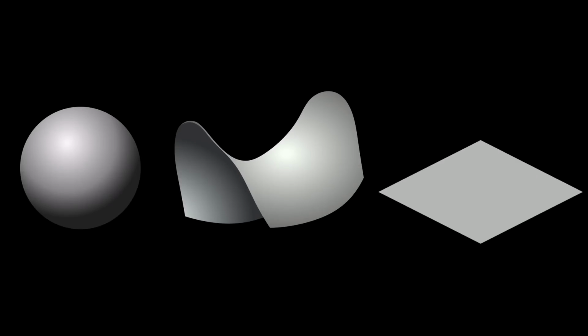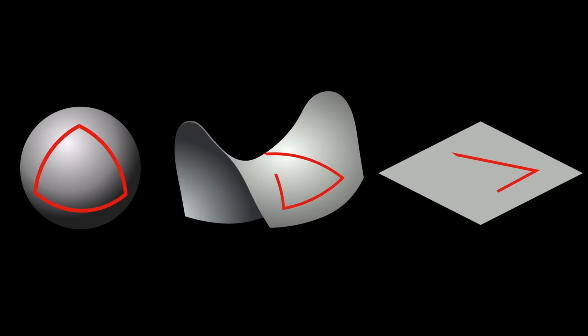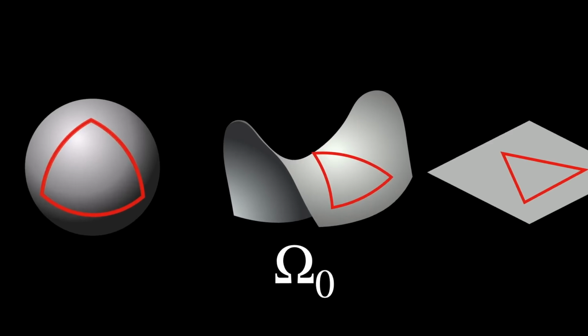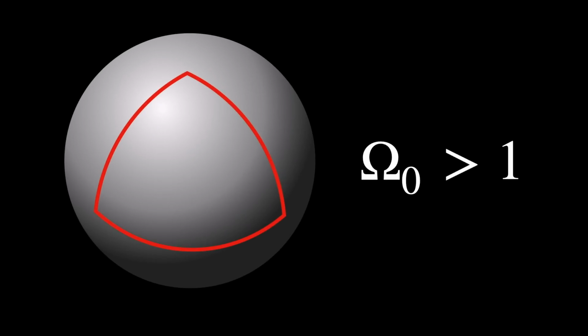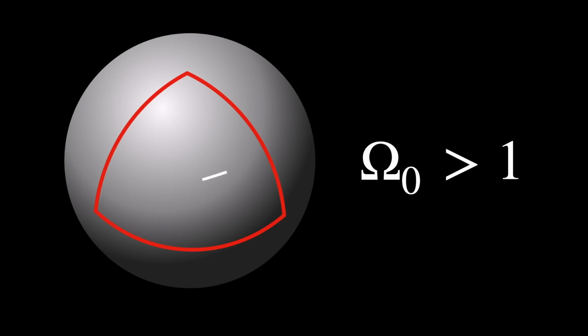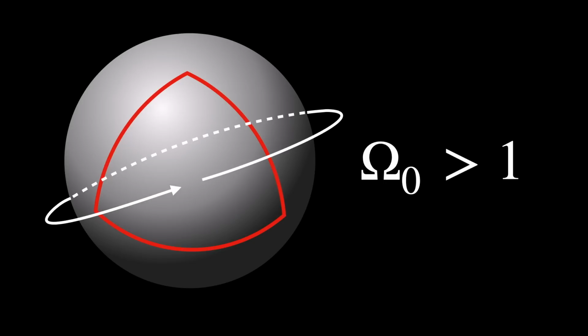General relativity predicts 3 possible geometries for the universe, determined by the density parameter omega 0, which compares the actual density of the universe to a critical density. If omega 0 is greater than 1, the universe has positive curvature. This type of universe is finite and closed. So if you traveled far enough in one direction, you would eventually return to your starting point. Over time, the gravitational pull of matter would cause the expansion of such a universe to stop and reverse direction, which would lead to a catastrophic collapse known as the Big Crunch.